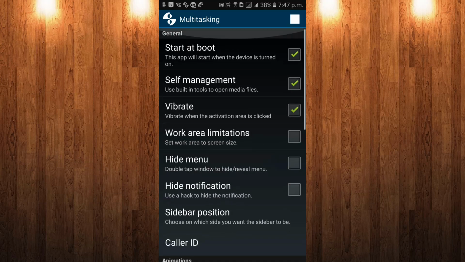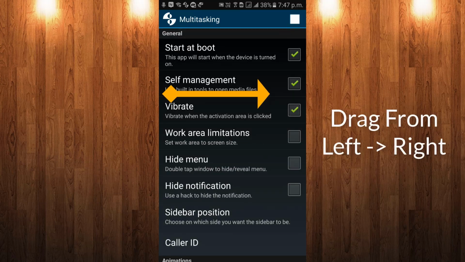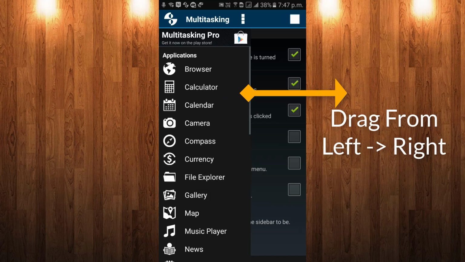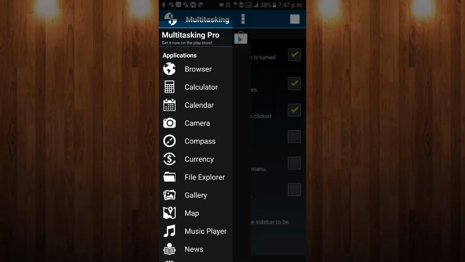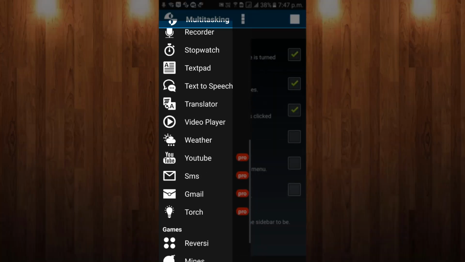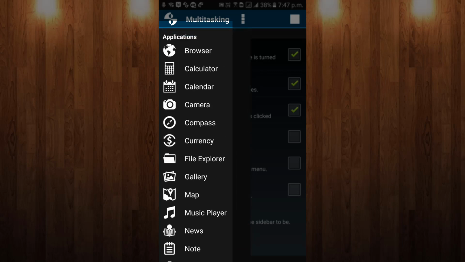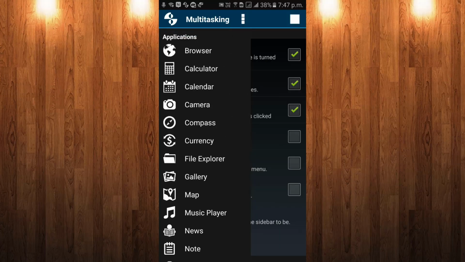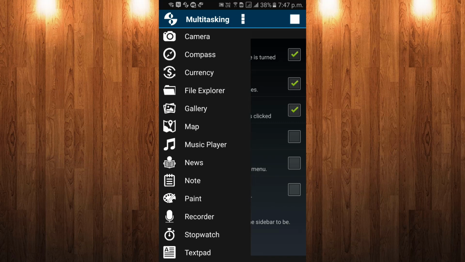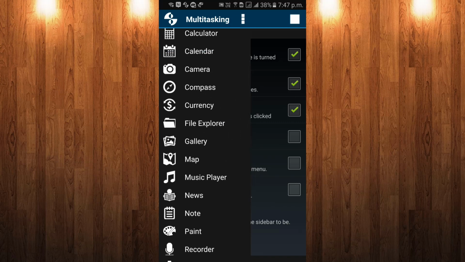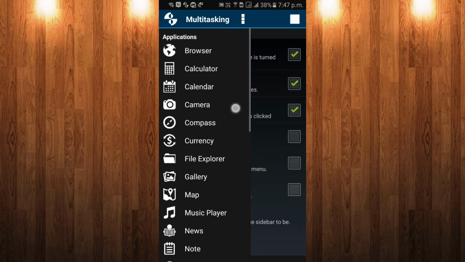On the left-hand side, when you drag from the left, there are the listed applications. By default in Multitasking there are various listed applications like music player, map, gallery, file explorer, camera, calendar, browser, YouTube, Gmail.